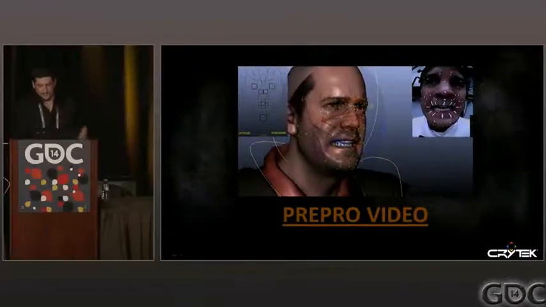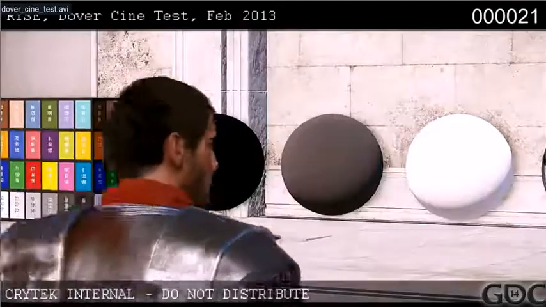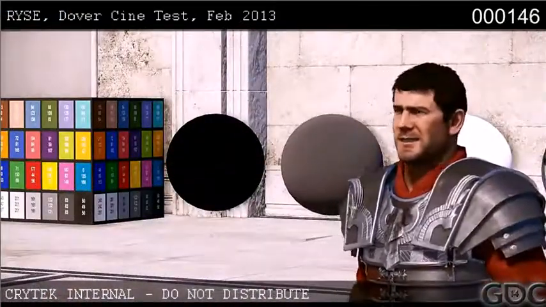And that was when we realized we needed a time code built into the pipeline, because when his head goes back, he's supposed to say "Attention, lads," but the face wasn't matching the body there. This was in February. It's kind of weird to say this stuff is pre-production because this, as you can see,